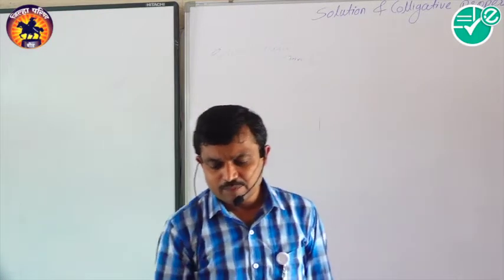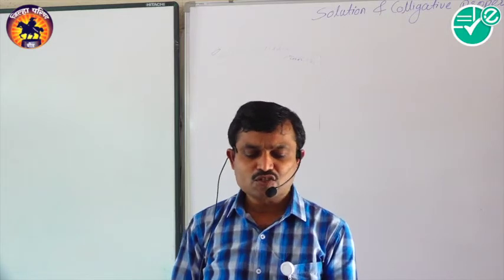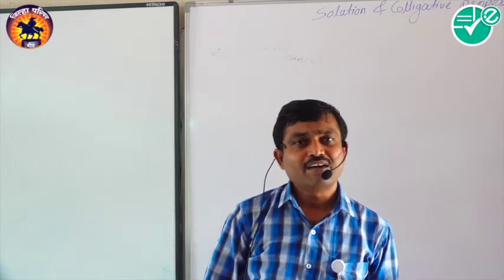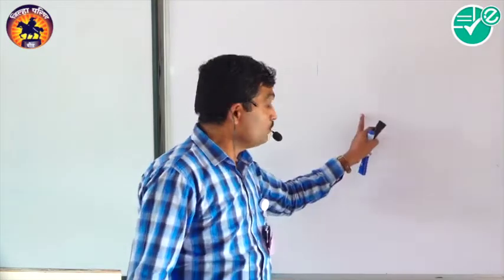Now look here. A solution is expressed in the form of concentration, and we can prepare the concentration of a solution in various ways. One way is by using percentage. Percentage means the number of grams of solute present in 100 grams of solution, or sometimes 100 parts of solvent or solution, depending upon whether the state is liquid or solid. This is a very simple way to express concentration. So there is percentage by mass, percentage by volume, and so on.